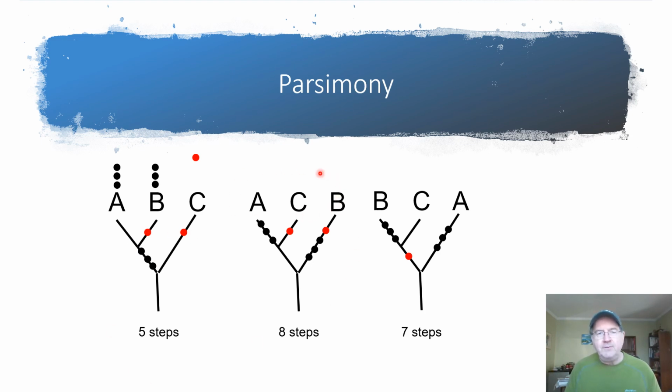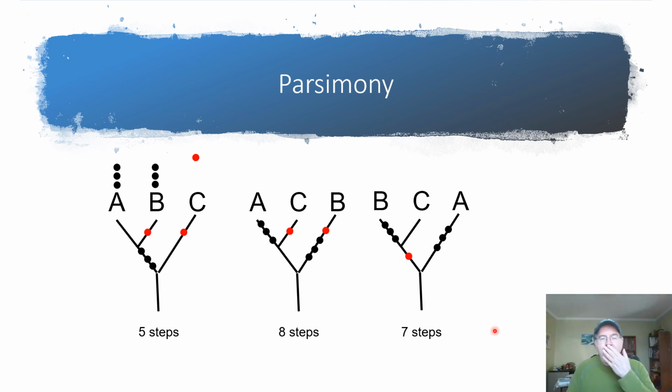In this pattern of relationships, I have to hypothesize 8 changes in character states, or 8 steps. So 3 leading to A, but now because A and B are separated, B has to evolve these on its own as well. And then C and B independently evolving the red apomorphic character state. So that's 8 steps. And you can do the math here. It's easy. For the hypothesis that B and C is most closely related, we have to hypothesize 7 character state